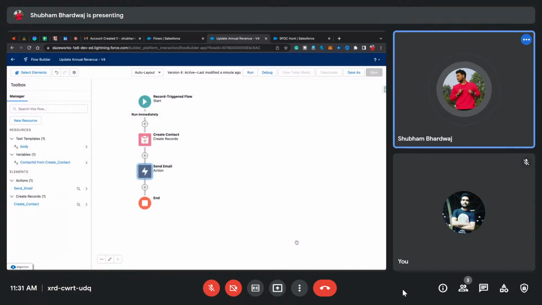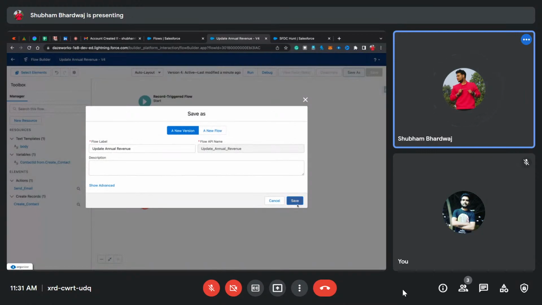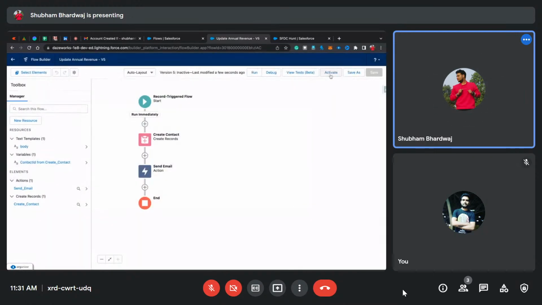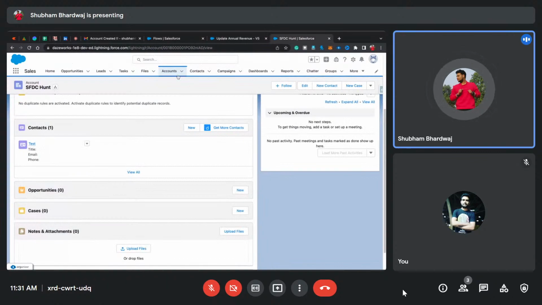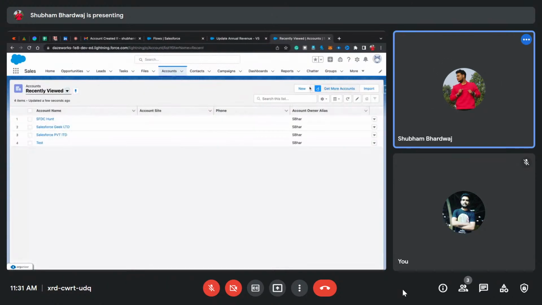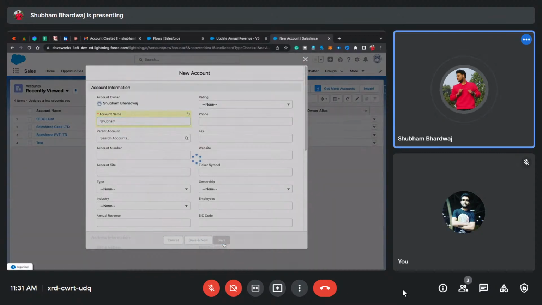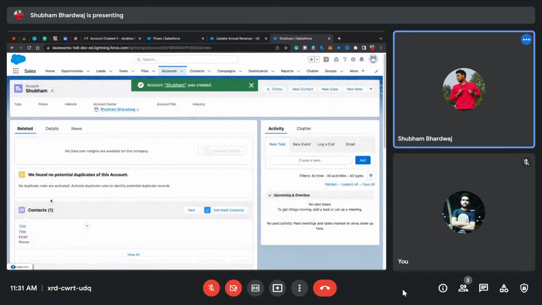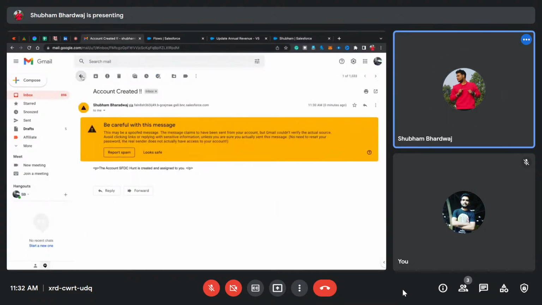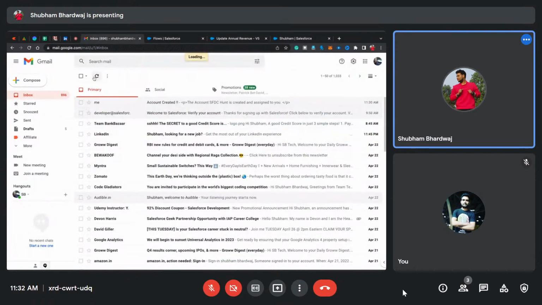Just click on done again and hit save as and activate your flow again. Let me just go to the accounts and let's create one more account to demonstrate what change it will make to the email. So let's say type Shubham and save this record. Again, a related contact is created, and if I go back to the org and refresh my email,